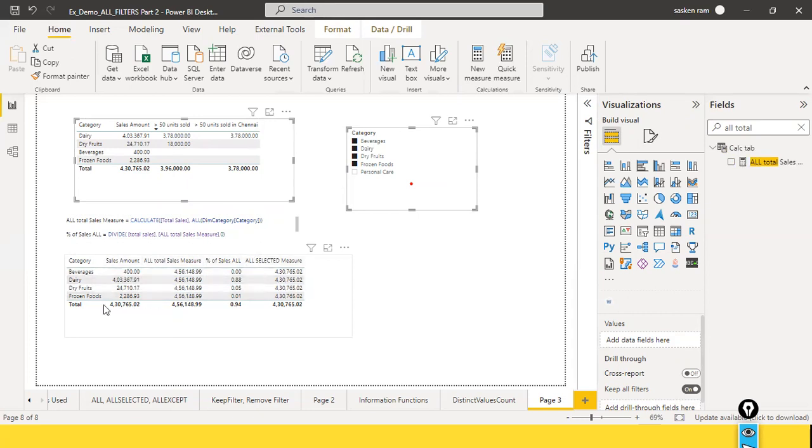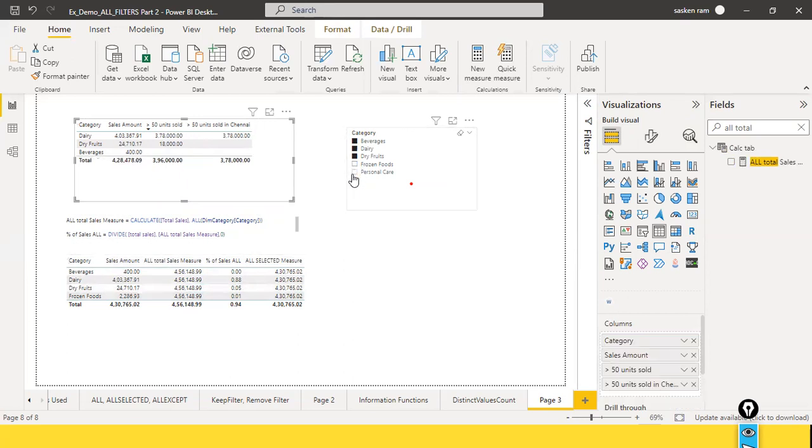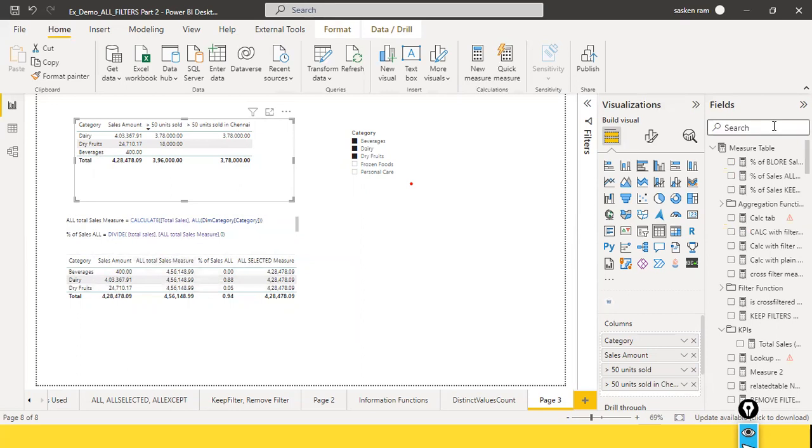This is not 4,56,000, but of these four items selected. For example, 400 divided by 4,28, whatever the items that I selected. I wanted to understand what is the revenue contribution by the items selected out of this total. For this, you need to create another one. So that's why I created percentage of